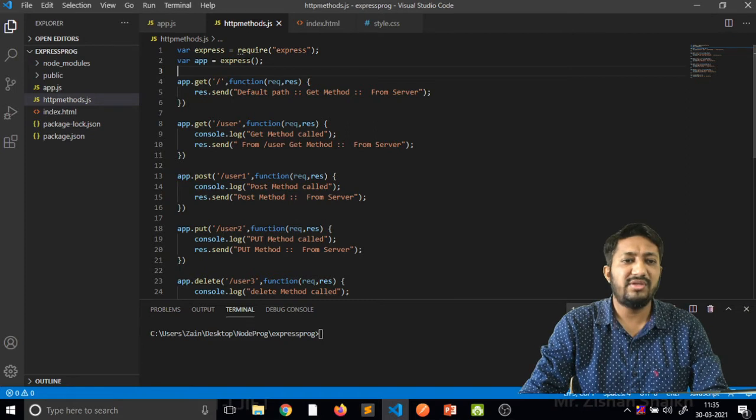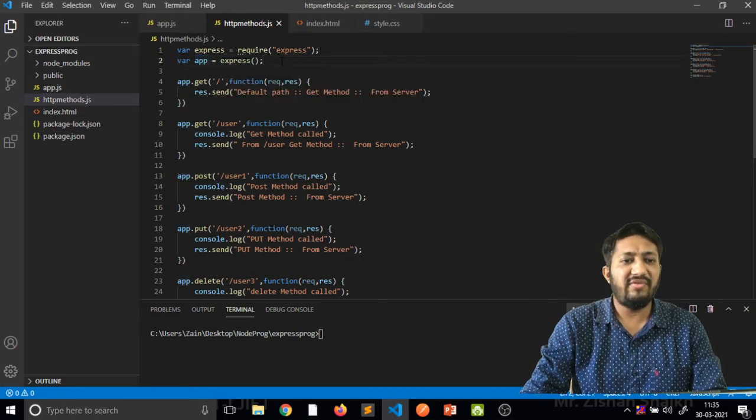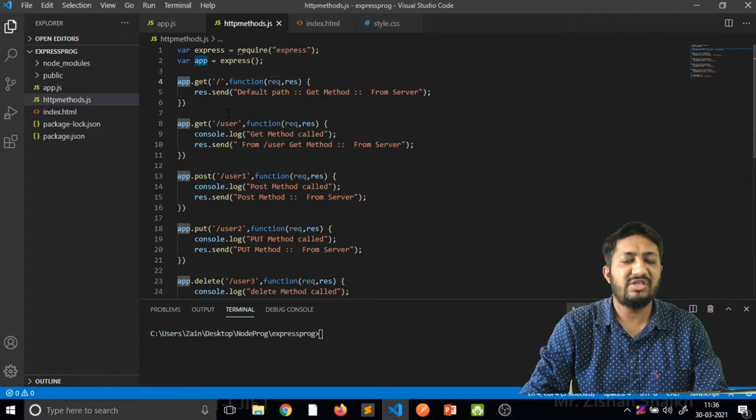In this, we are understanding how to write the basic code. First we have to import our Express module, and then I am creating one variable that holds the reference of our Express module. In the previous video we also saw how the server responds.